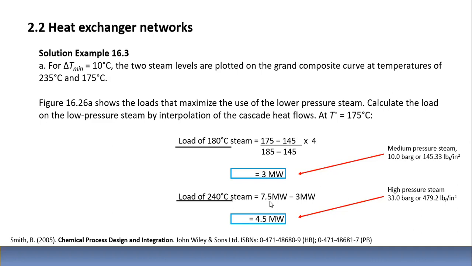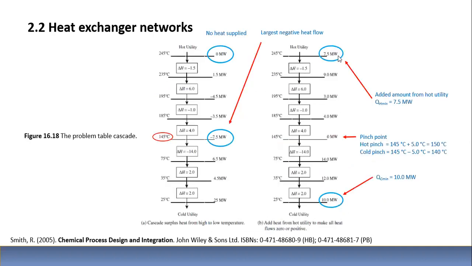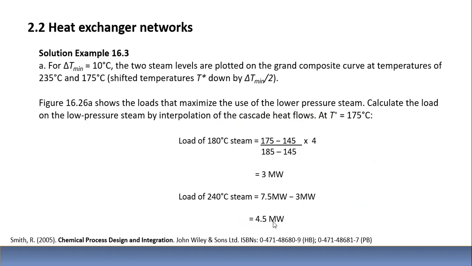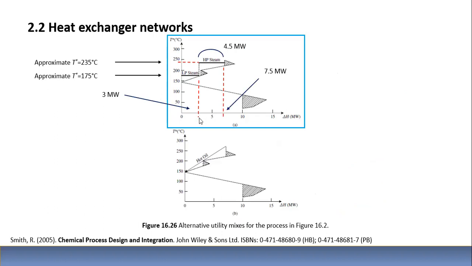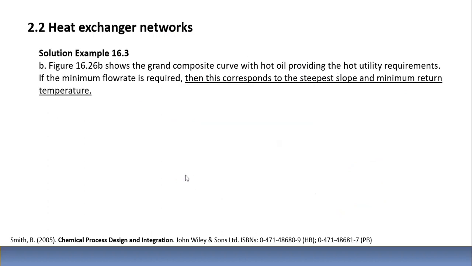Entonces el calor necesario fue, según lo expresado, 7,5 y se determinó que 3 era el calor de la línea de baja presión. Entonces la diferencia es 4,5, como se observa aquí en esta línea. Lo graficamos: en la línea de baja presión, el 3 representa este punto aquí y el 7,5, según el diagrama de cascada, representa este punto, de tal manera que la diferencia son los 4,5. Muy bien, en la parte B, y con eso terminamos, en la figura